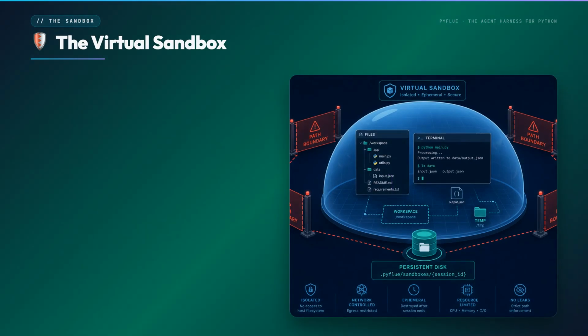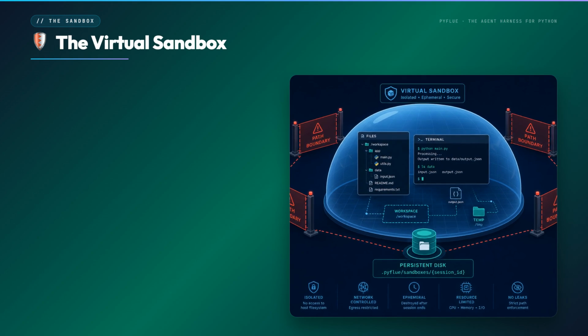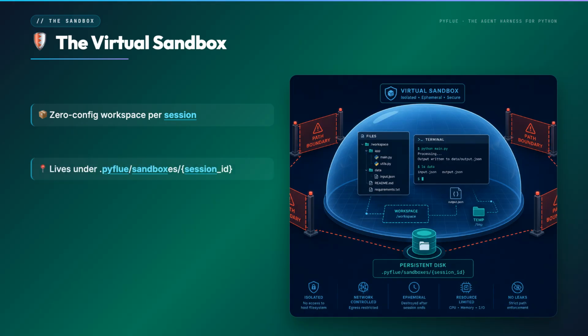The virtual sandbox is PyFlue's safe workspace boundary. It's zero config. You don't have to set anything up. Every session gets one for free. The files live under .pyflue/sandboxes/session ID, so each session is isolated on disk. Path boundary checks reject any attempt to read or write outside the sandbox root. So even if your model goes rogue and asks for